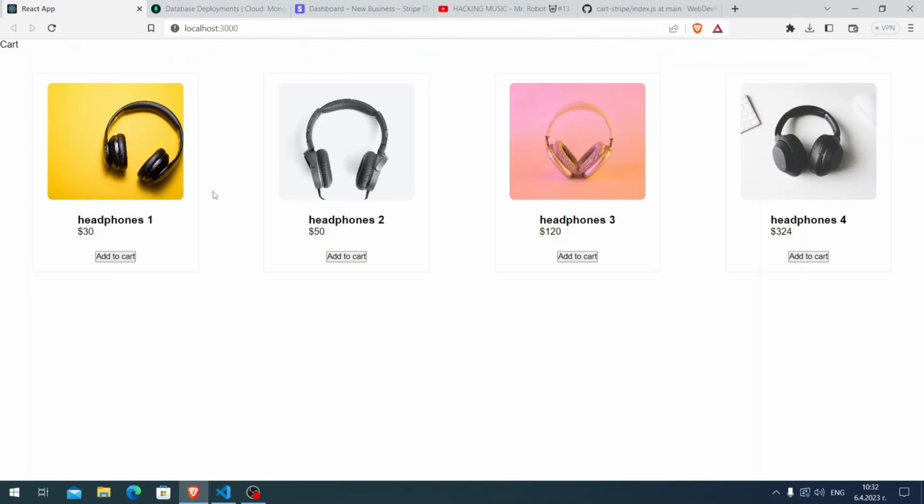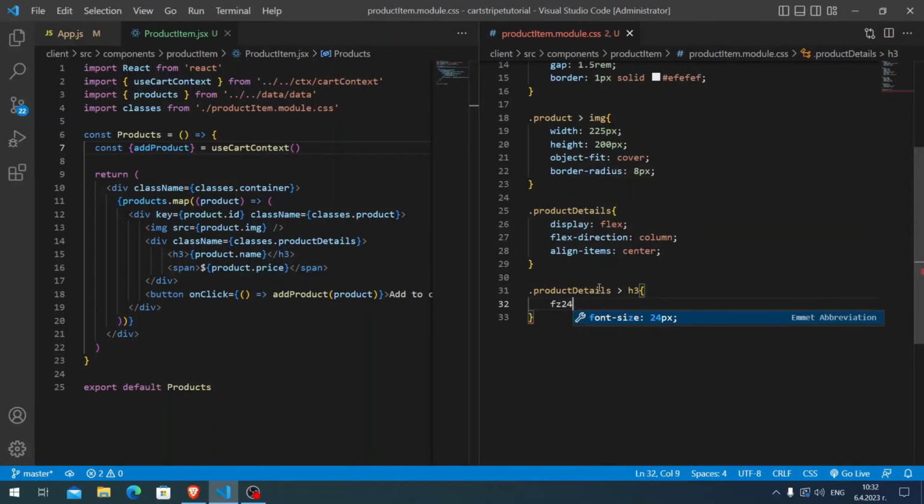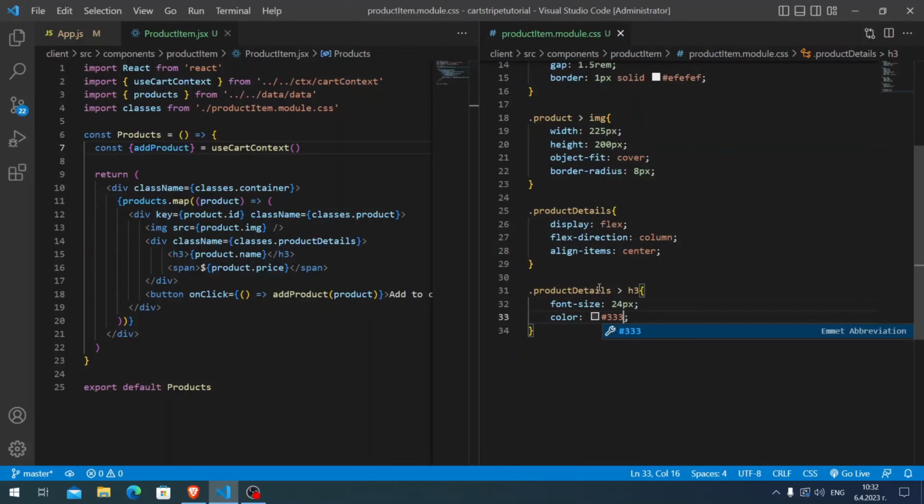Let me see how right now it's looking. Nice, but we still have some things to style. So then I'm going to style here the product details, which is going to be a display of flex, direction of column, and align items of center. Then dot product details and the h3 inside, which is going to be font size of 24 pixel and color of 333. After this here, we're going to style the product details, and here the span, which is going to